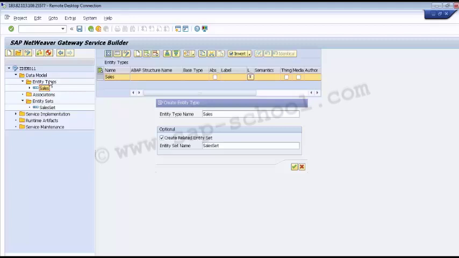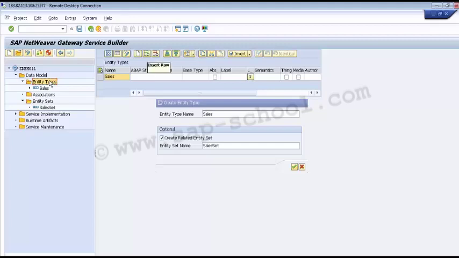We can also create the entity type by directly expanding the data model folder and double clicking on the entity types. If I double click on my entity type, I will be able to see this window. This is my maintenance window. In my maintenance window, I can add a number of rows. I can click on this insert row if I want to insert a new row.